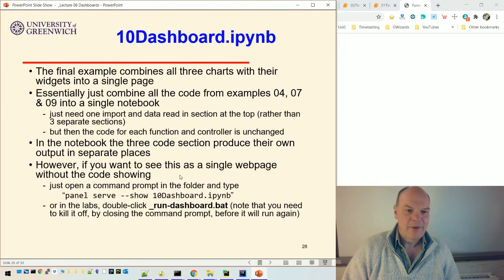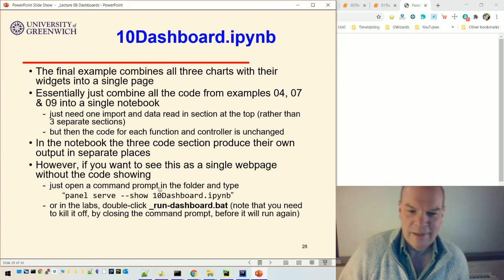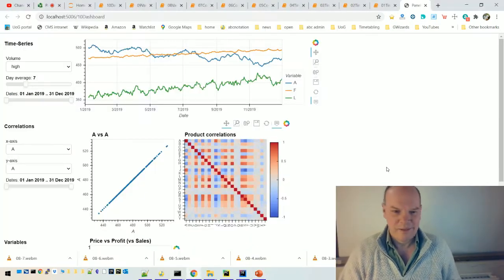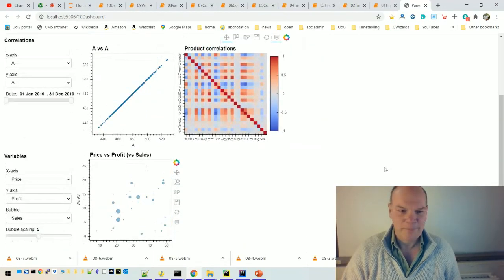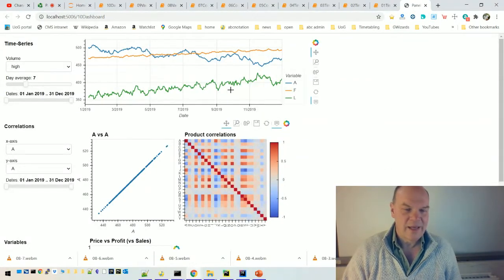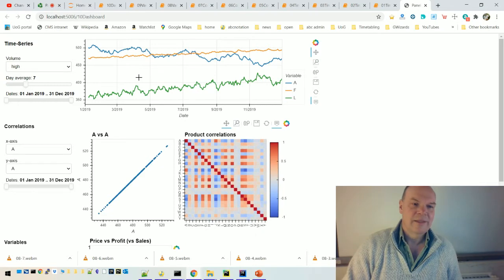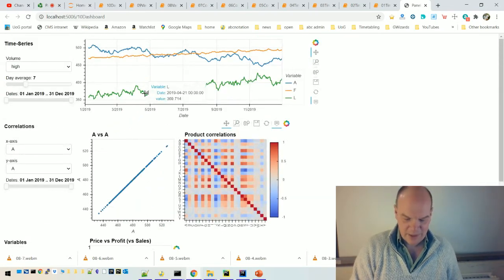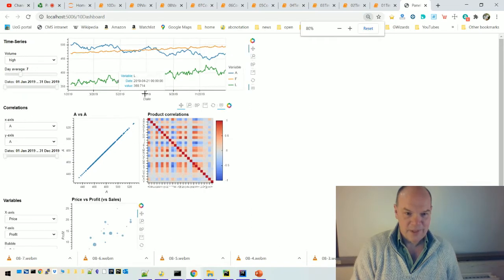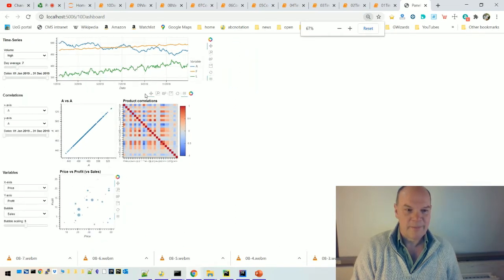While it's coming up, if you happen to be working in the university labs, there's a script you can run to double click that. Yeah, I guess you won't be at the moment. Okay, so there is the dashboard now completed. I'm going to just zoom out so you can see it all on one page. Obviously, it depends on your browser, but that's what the completed